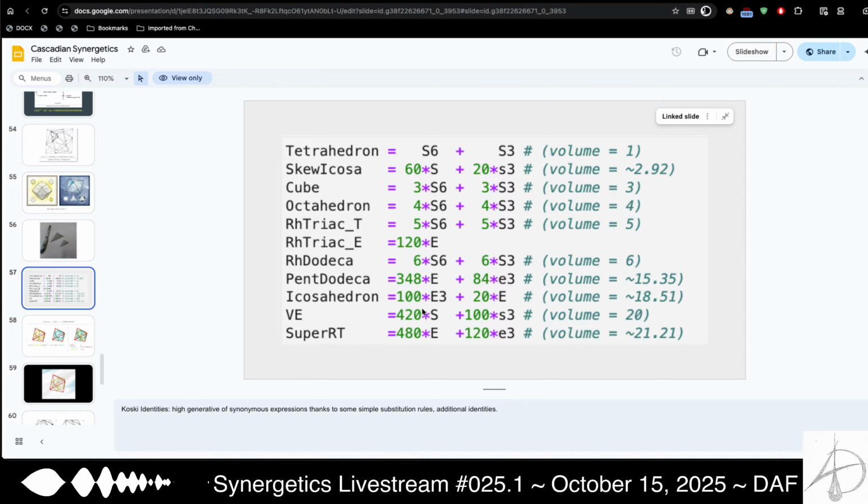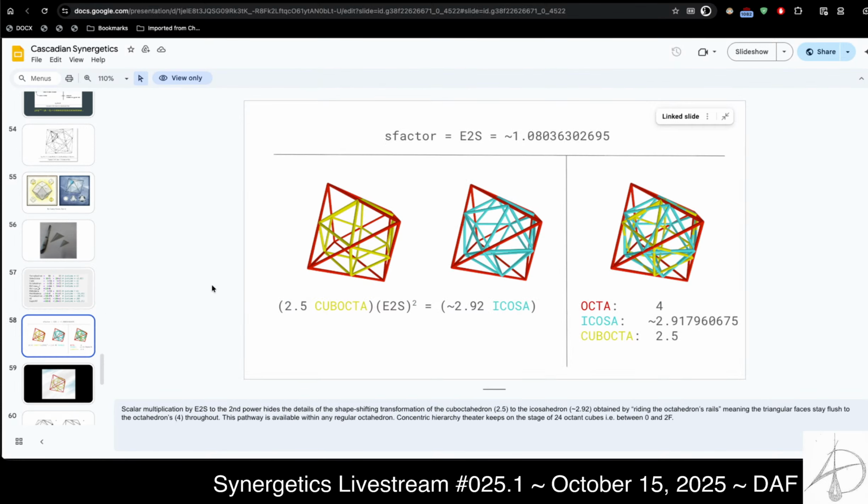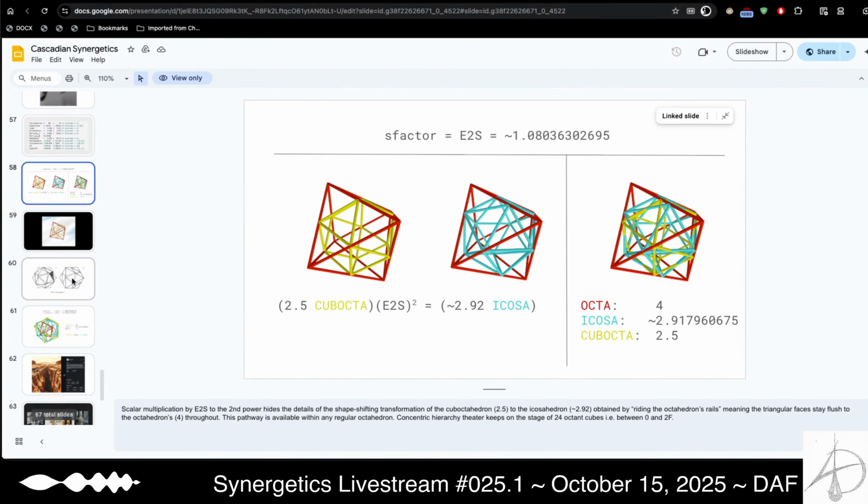More volume calculations with the S3 and the S6 in different module shapes laid out. More exploration about how looking at these volumes, normalizing them or looking for affinity between edge, surface area, and volumetric considerations, show or obscure different, often all integer valued or kind of sacred ratio related relationships.